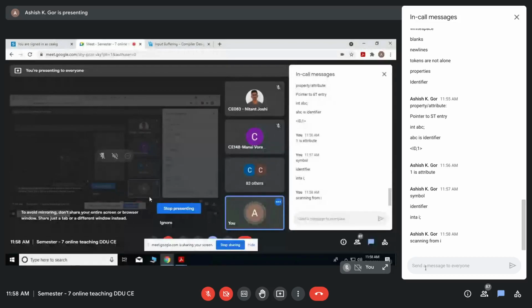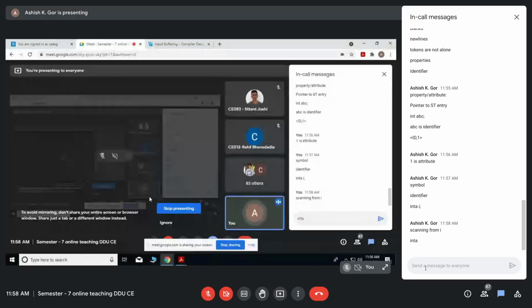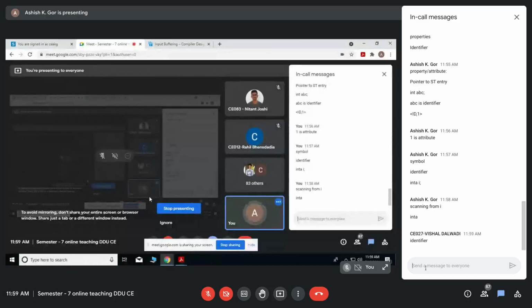Once it finds the white space after I N T A, it will try to find out the token for this category, that is I N T A. What do you think the lexical analyzer will give as the token for this INTA? Will it identify it?